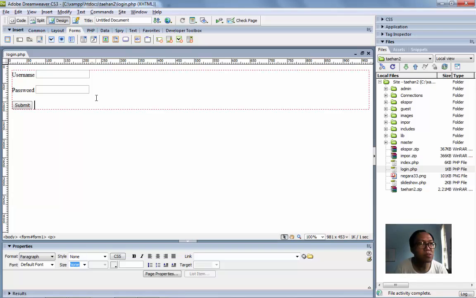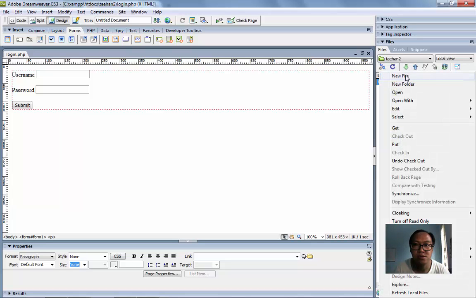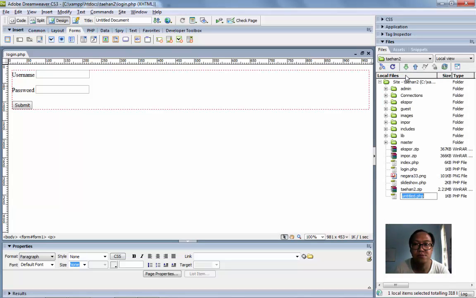After that we create the second page, I'm sorry, a page for success login, success.php, and then we also create fail.php for the fail page.